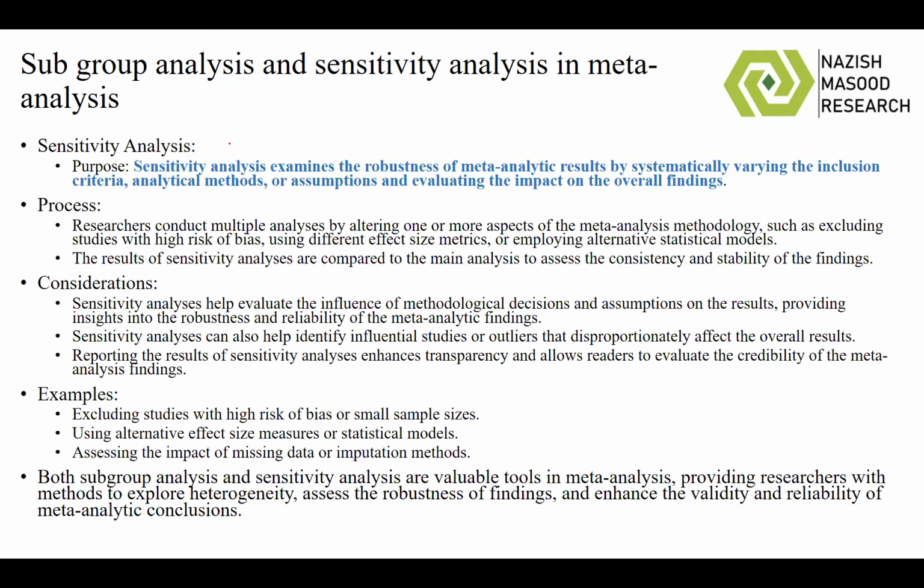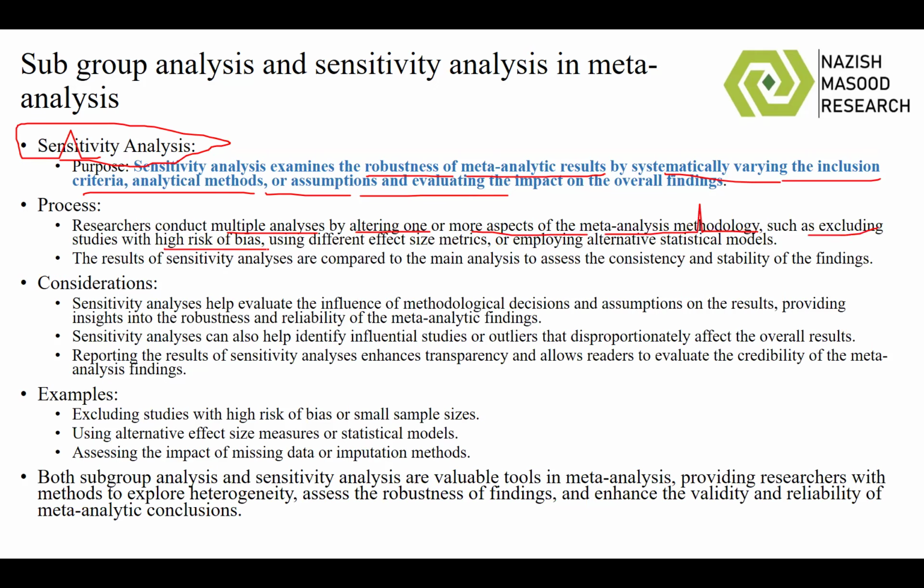Apart from subgroup analysis, there is something called sensitivity analysis. So what is sensitivity analysis? Sensitivity analysis basically examines the robustness of the meta-analysis results by systematically varying the inclusion and exclusion criteria, the analytical method, and the assumptions. So how do we do that? Basically, the researcher conducts multiple analyses by altering one or more aspects of the meta-analysis methodology. For example, the researcher might exclude some studies which have a high risk of bias, or the researcher might use different